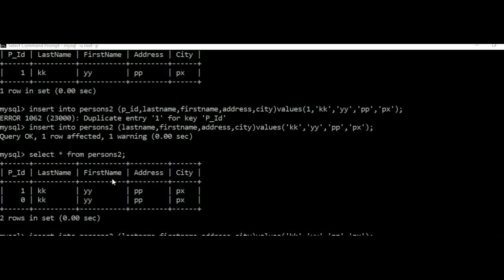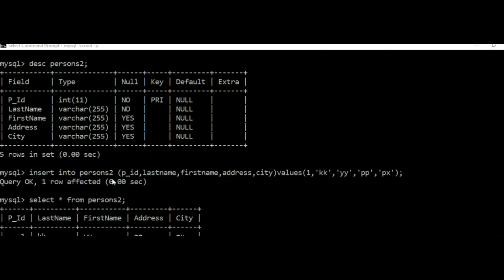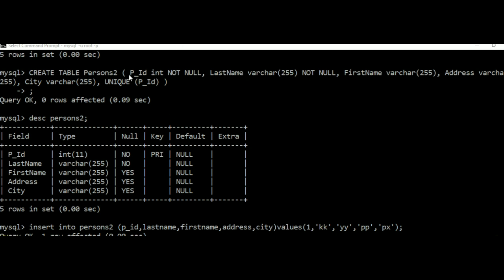So till now we have discussed what a unique key constraint is and how to create a unique key constraint while creating a table itself. Now we are going to see how to create a unique key constraint after the creation of the table. Let us say you have created a table without any unique constraint. Now you want to add a unique constraint explicitly with the help of an alter command. So now we shall see how we are going to do that.